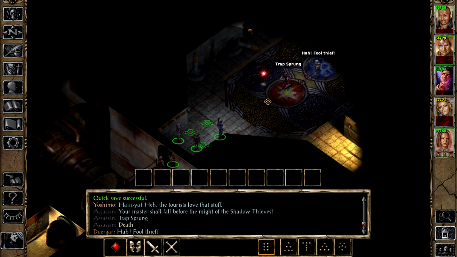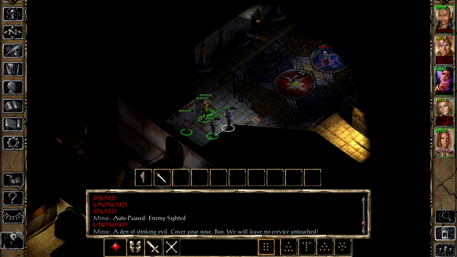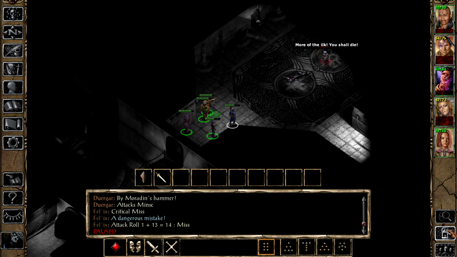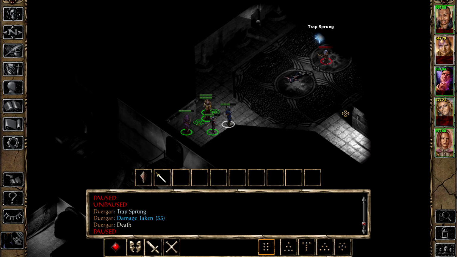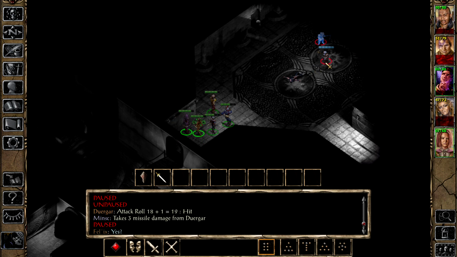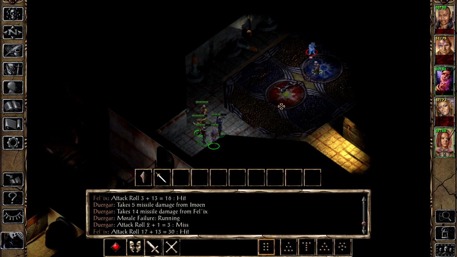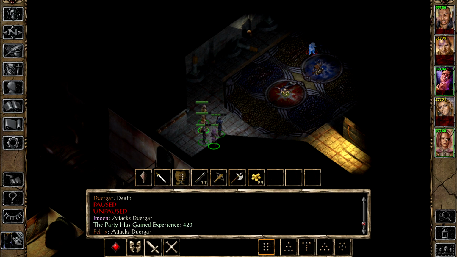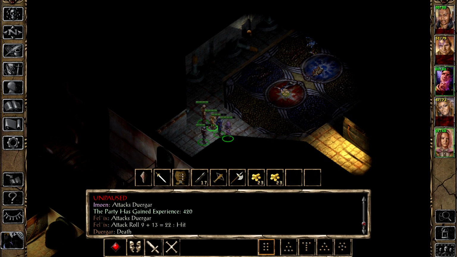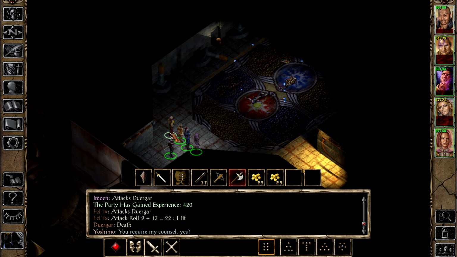Okay, another assassin. Sprung the traps. A den of dangerous mistake. Cover your nose. We will leave no crevice untouched. You two? Yes? Shoot. To battle and victory! There we go. Then this one. We are not going to move further. Yes? You. Where shall I...